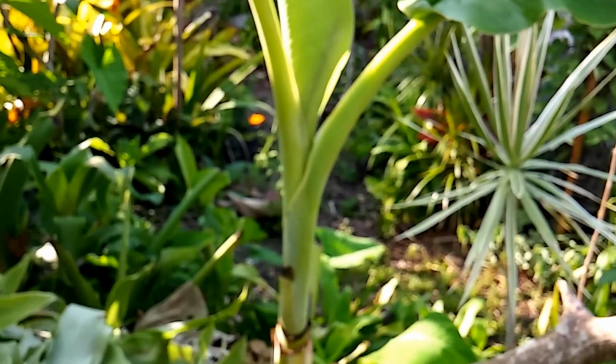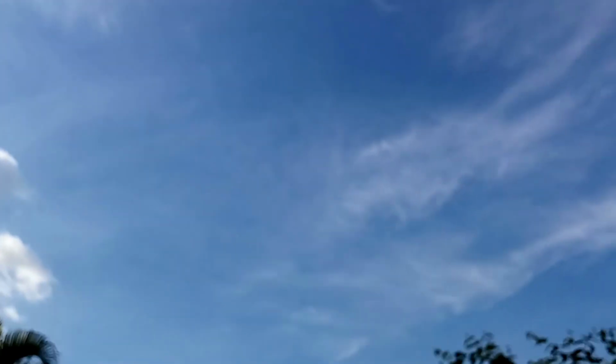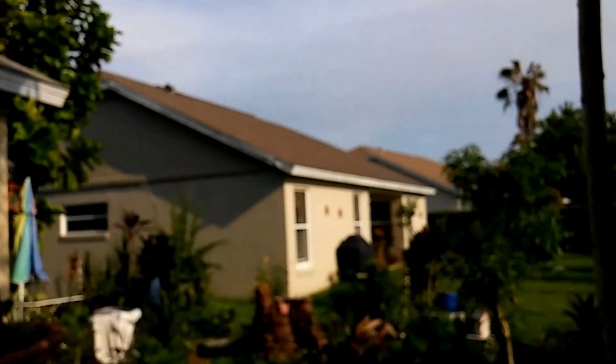This is a Guinea banana. It's kind of like a plantain, but yeah, it tastes really good. I use them in my smoothies. They get ripe when they're pretty much black. So I usually, and if you put them away a little bit unripe, just a little bit, they will ripen in the freezer. I've noticed,